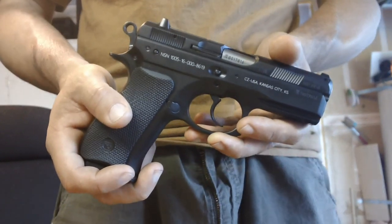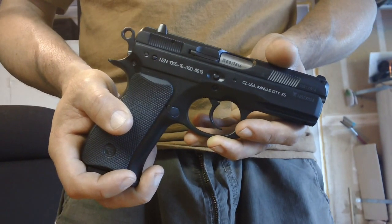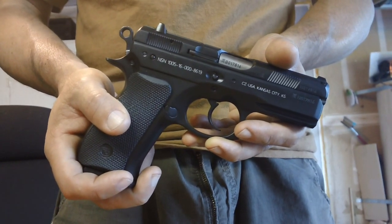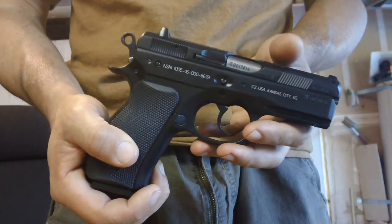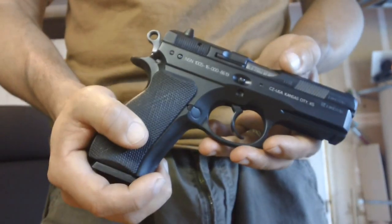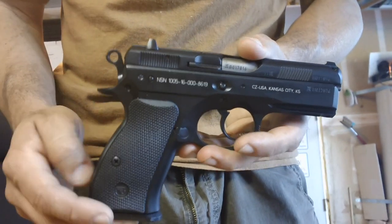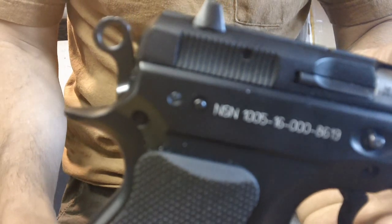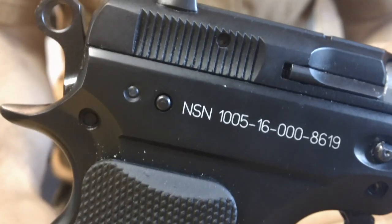The gun stores around me were out of them, or didn't really stock them, but then they wanted like 6 something for it if you order it, and I was lucky enough to find it somewhere on display. And this is only a year old, manufactured in 2011. But take a look at the frame here, and that's one tacky item that I don't like about this